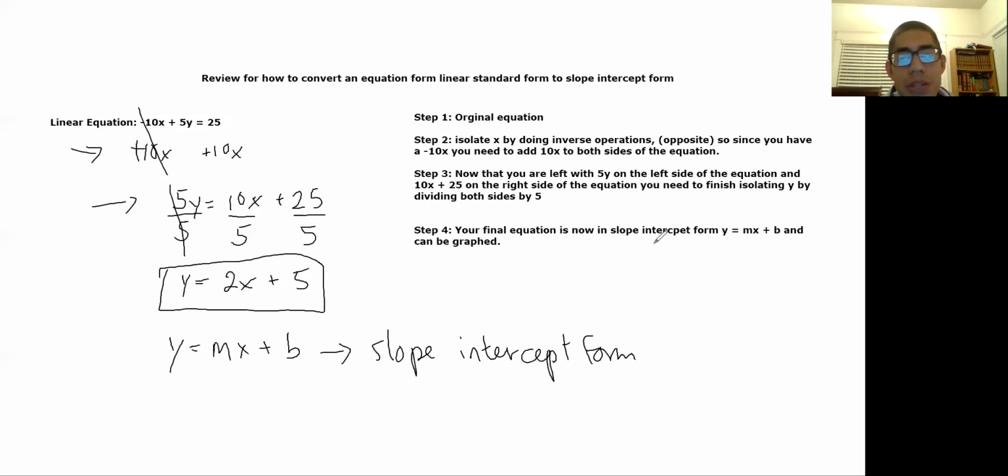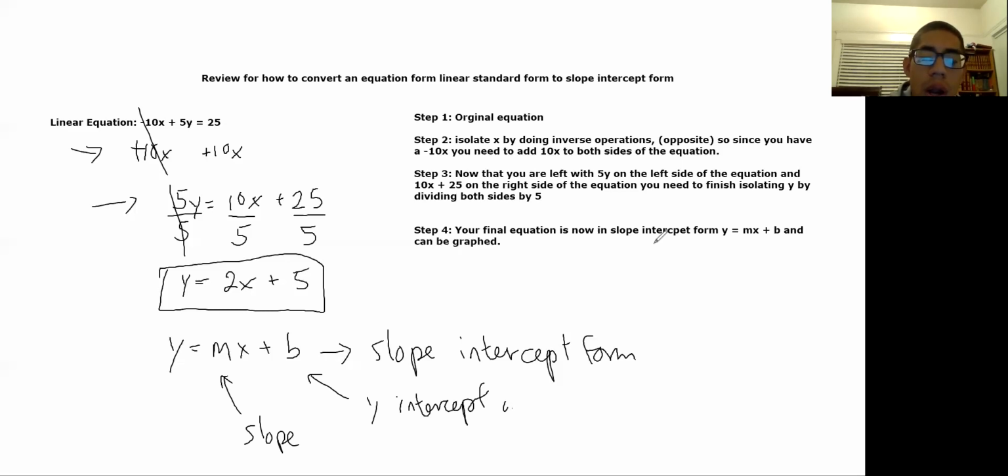And slope-intercept form is special because it lets us know how to graph any equation. As long as it's in this form, we know a couple things. M represents slope, or the change between two points, and B represents the y-intercept. It's the point where this line, remember, everything is representing a line on the graph, meets